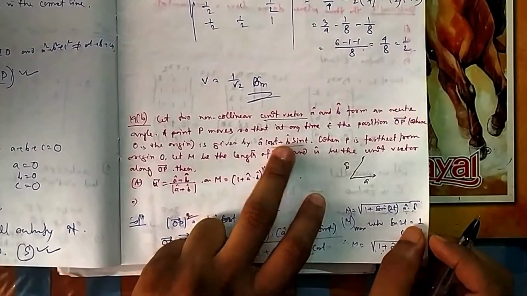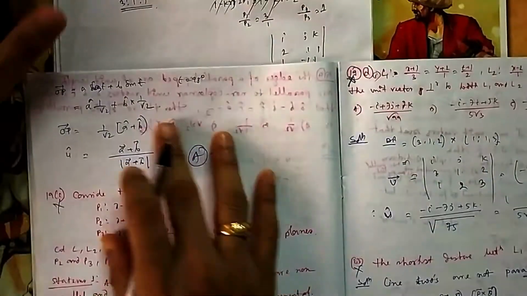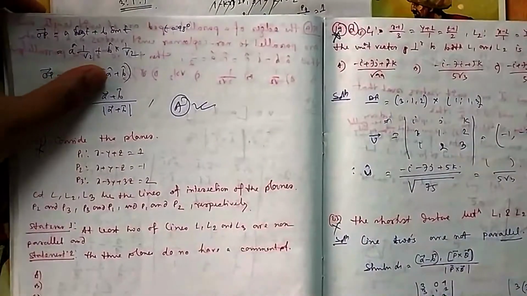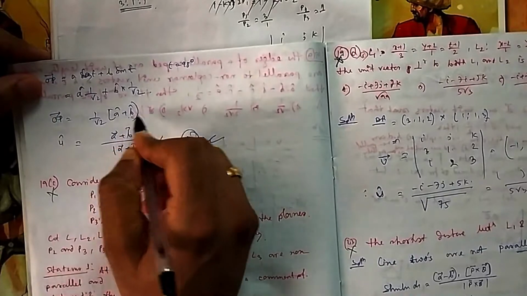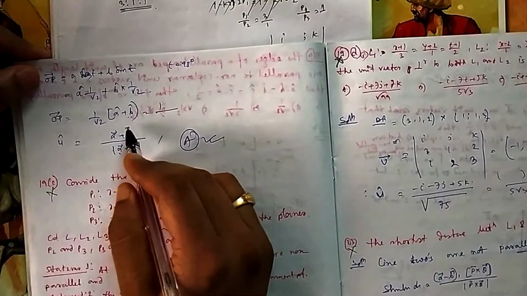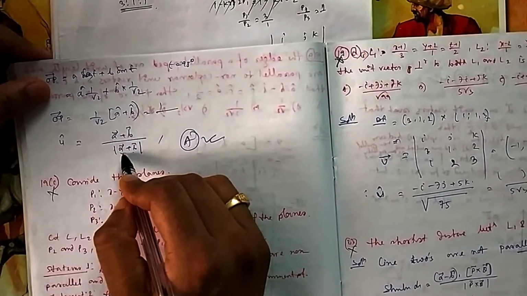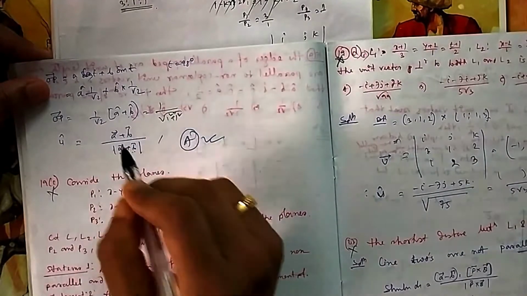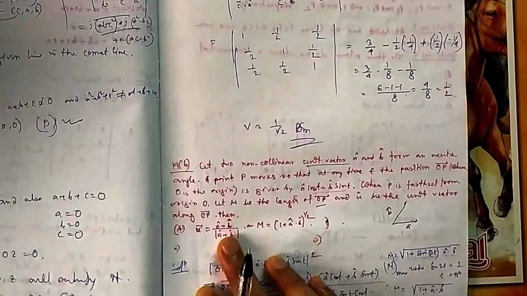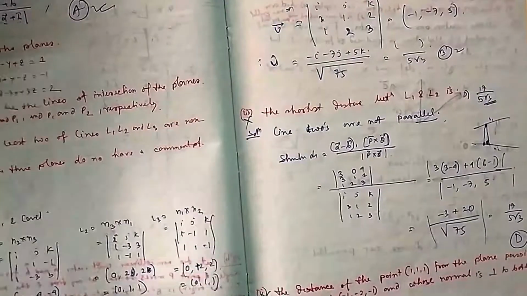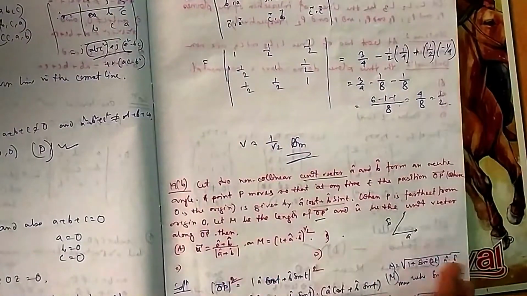You can find U because you know now t is equal to 45. So you put 45, it will be 1 by root 2 A plus 1 by root 2 B. So what is the OP vector? That is A plus B vector, and then magnitude of A plus B, because A's magnitude is also 1, B's magnitude is also 1, so it will be under root 1 square plus 1 square, that is root 2. So obviously that is option C, because root 2 is nothing but magnitude of A plus B. So that's why it is option A. So M is also satisfying.